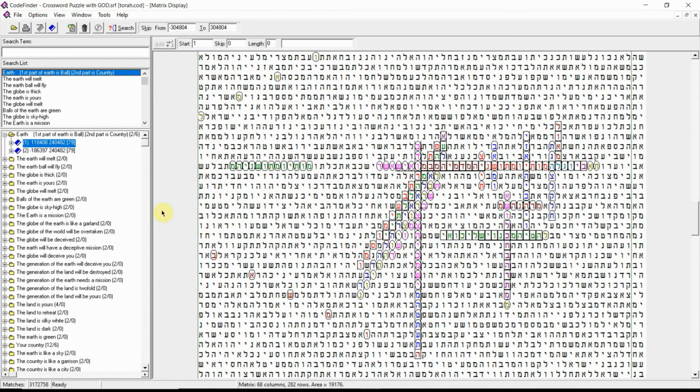But now here's where the fun comes in. As I was going down through all of these, I got to this sentence here that says, the most significant country. Now that's in this line here with Earth. And I thought, wow, what would be the most significant country? Top of my head, United States, Israel, those to me are the two most significant countries I can think of.